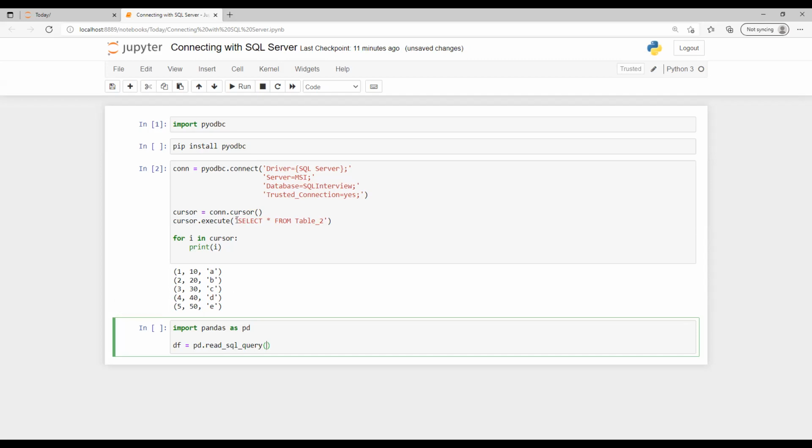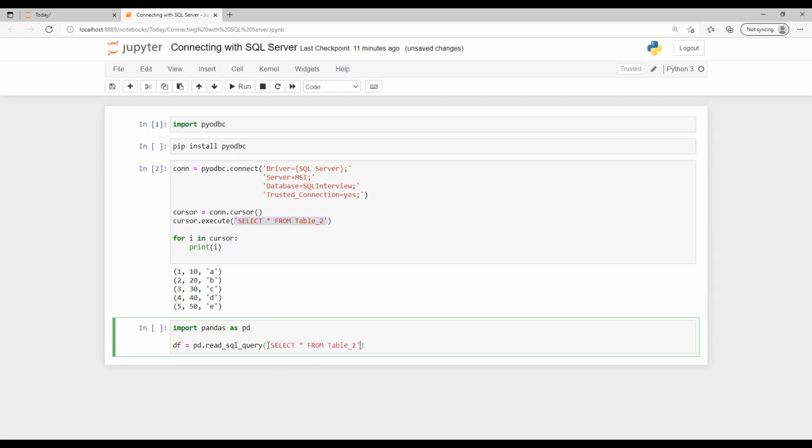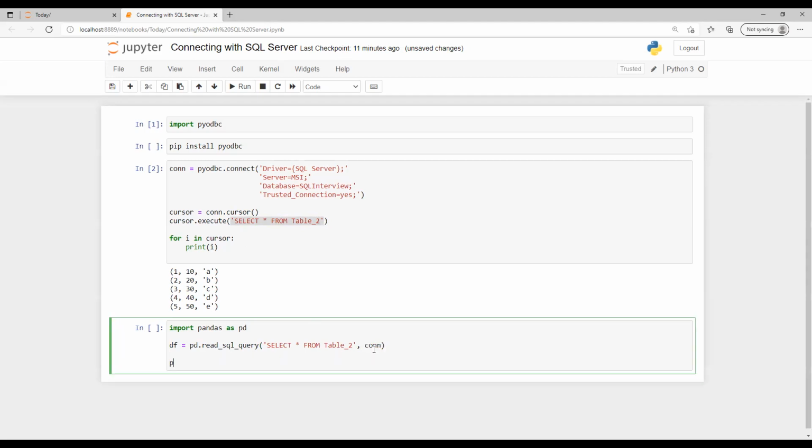Okay. So now what I'm going to do is put this here, then put the connection, then print. I just imported the pandas library, and if you're not aware of pandas, I have created a playlist on pandas.